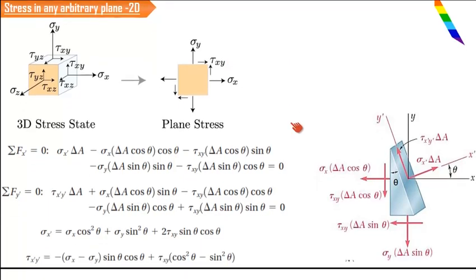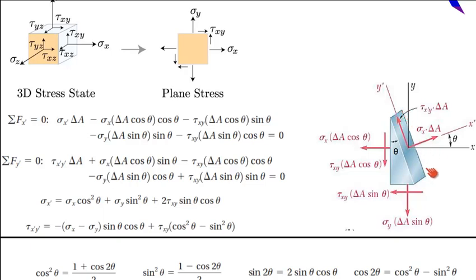And if you take that into consideration, what is the area of this particular plane, the plane we are interested in? The area is delta A. Now we will resolve this delta A into two components, because we want to know what is the area on this particular plane and what is the area on this particular plane. So if this is delta A and if this is theta, then the area on the y-axis is going to be delta A cos theta. Simple resolving. And the area of this particular plane is going to be delta A sin theta.